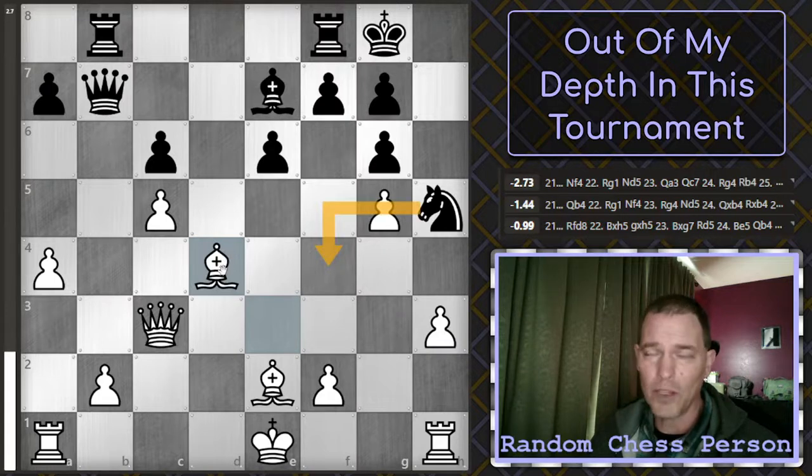Now, obviously the knight couldn't have gone to f4 before because the bishop was here. But now it can, but I don't understand why that's so big. Yes, I mean, it points at this bishop from there. But then, can't I just move that bishop? Right? In fact, it says I